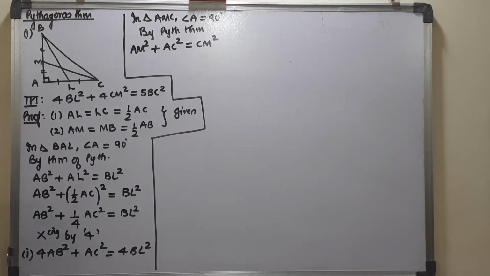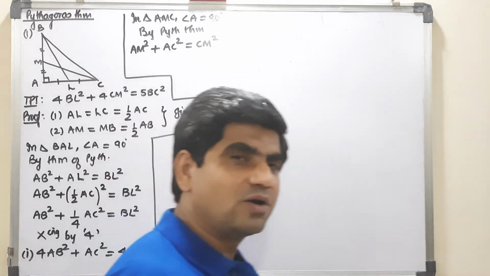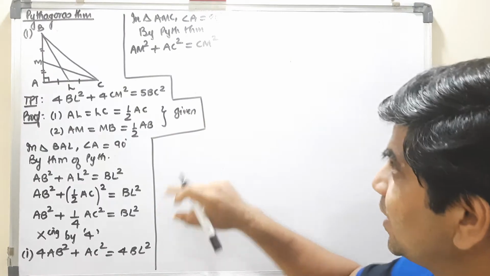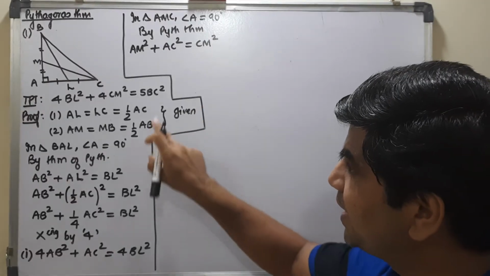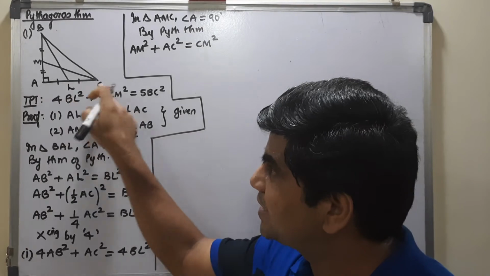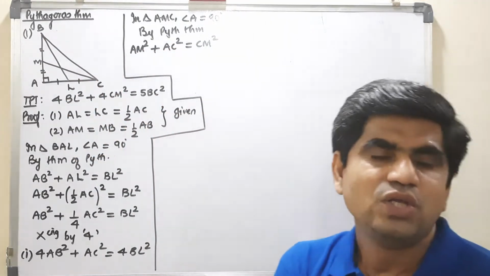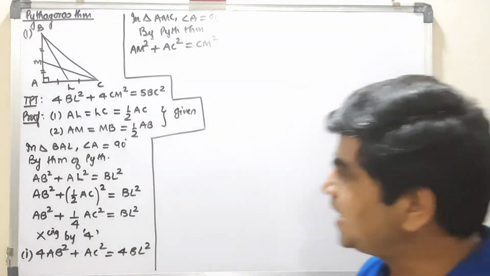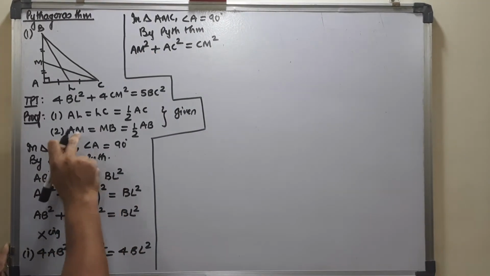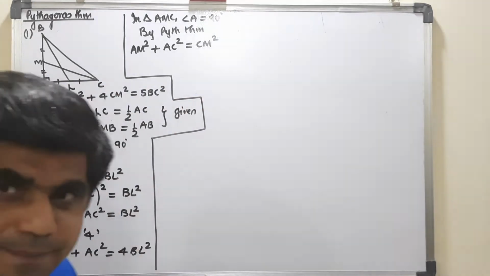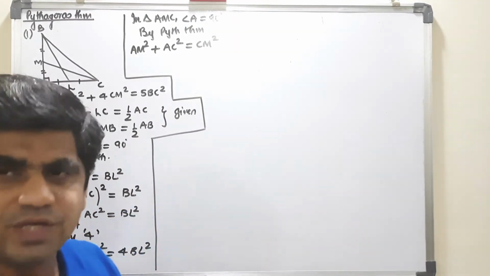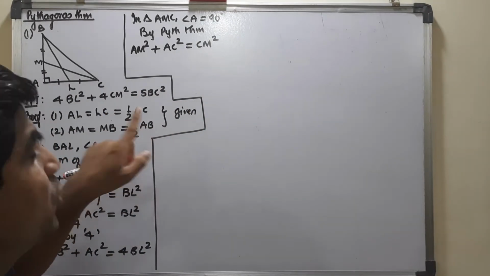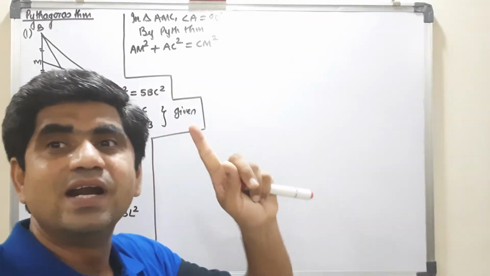Agreed? Now again I will go to the part of required and not required. This AB is required, no doubt about that. AC square is not required, but I require BC square which is linked with AC and AB. That means this is required. So again the not required part which comes is AM. That AM is equal to MB. I can replace it by MB, but replacing it by MB is of no use. It will again go to the non-required part. But if I replace it by AB, it will convert itself into the required part.